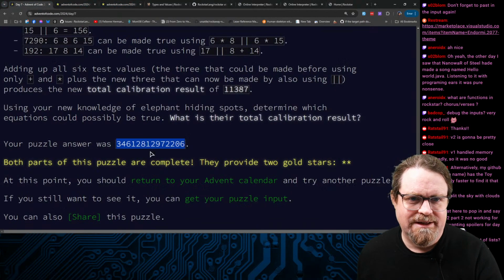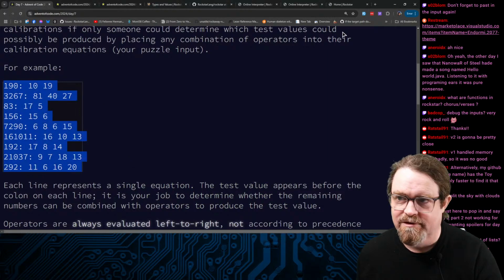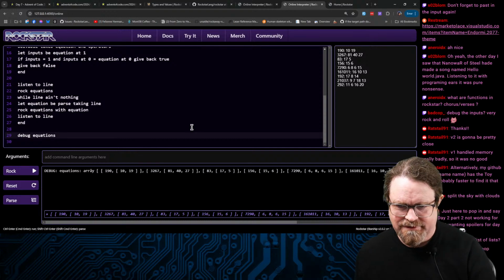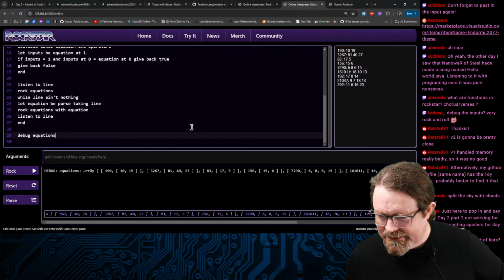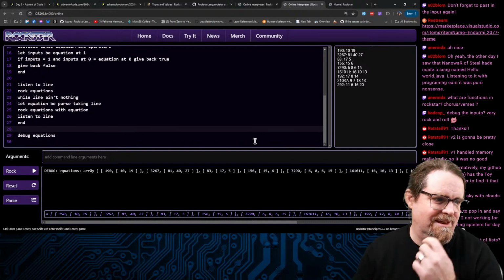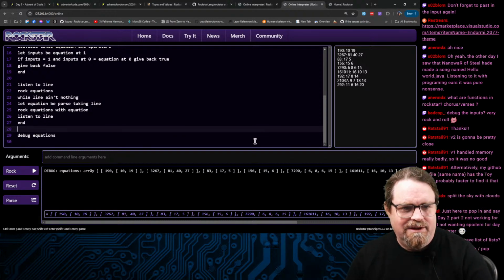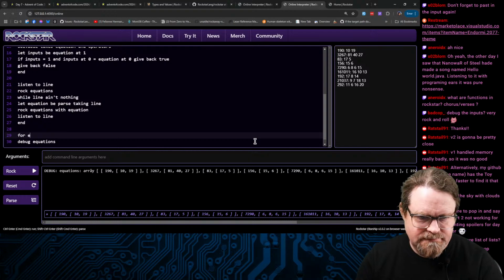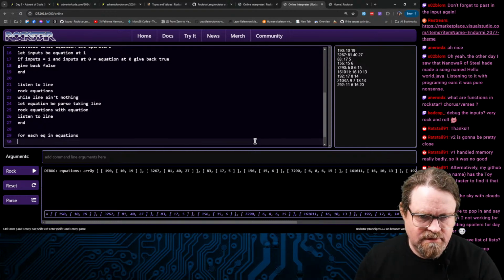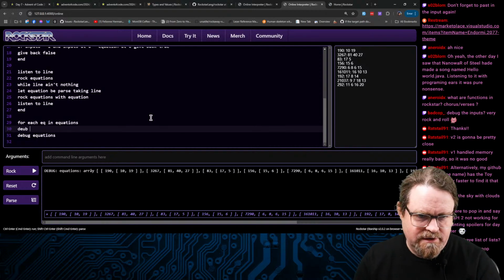Day 7, Advent of Code. There is your example back over here. Run that on there. All right, so I've got an array. 190 is 10 19, 32, 67. Yeah, that's that, that's that. And now I can say for each EQ in equations, debug EQ,